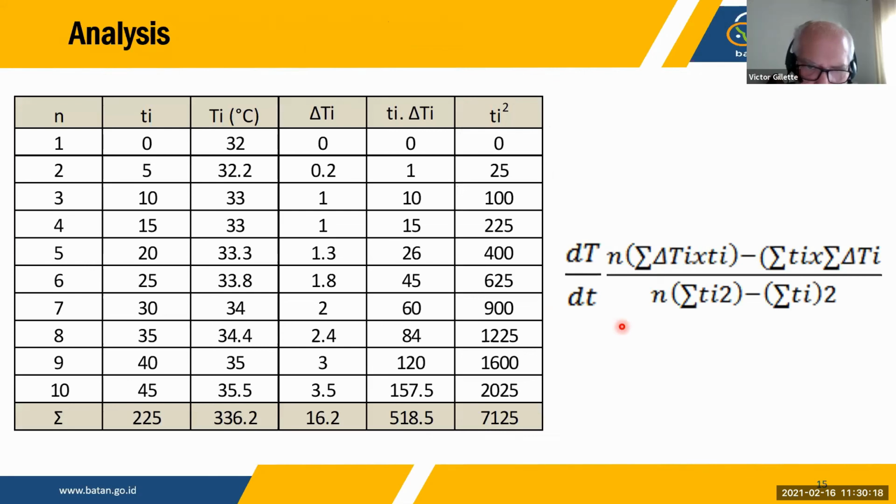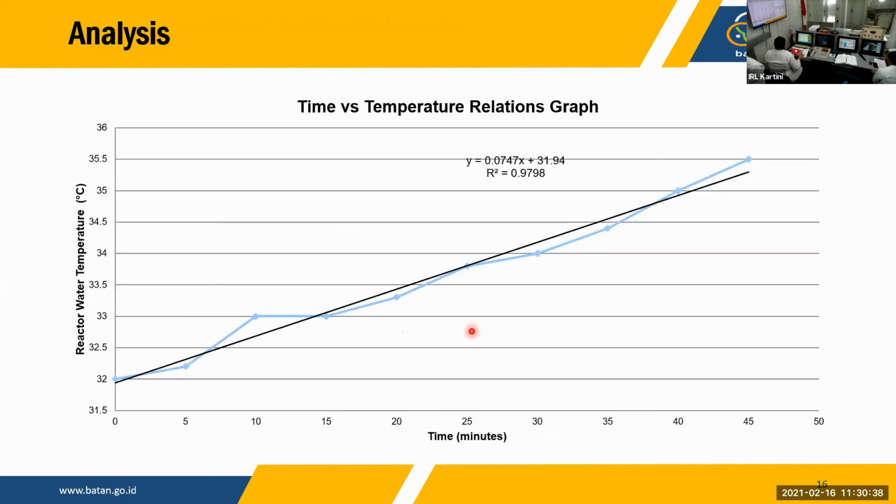To do the analysis, it may seem quite complex, but basically we only need to have a regression of the results. If you want to do it like this, feel free to do so. It may take a long time and be a bit complex, but it will be a lot easier if we just do like this. When we plot the data from time to the reactor water temperature, we will have a graph of the distribution of temperature, and then we can just add the trend line and show the equation, and then we will have the